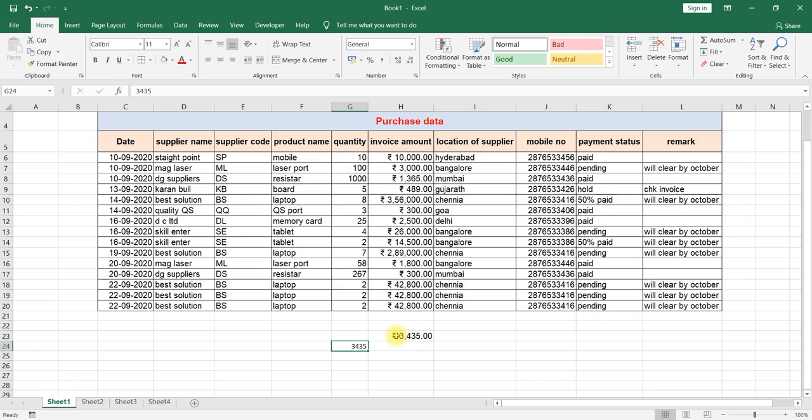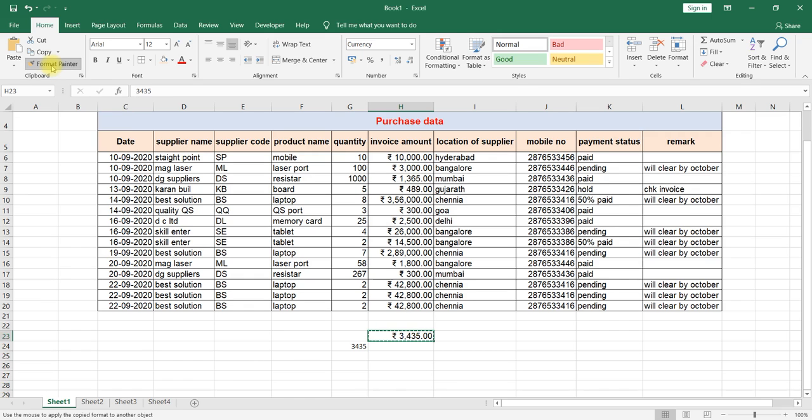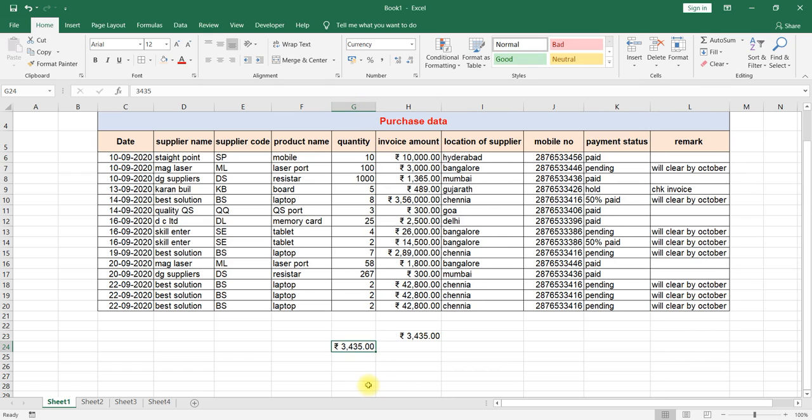At that particular time, what we can do: select the cell from which you would like to copy the format. Select that particular cell, copy that format using format painter, then apply that format to the cell you would like to apply it to.